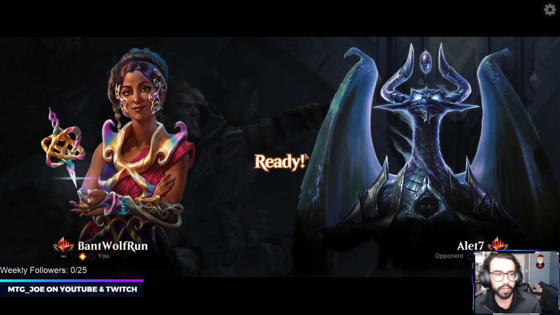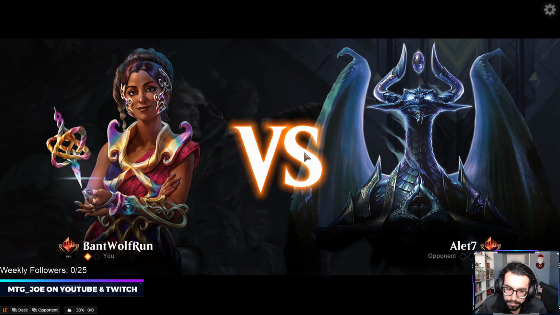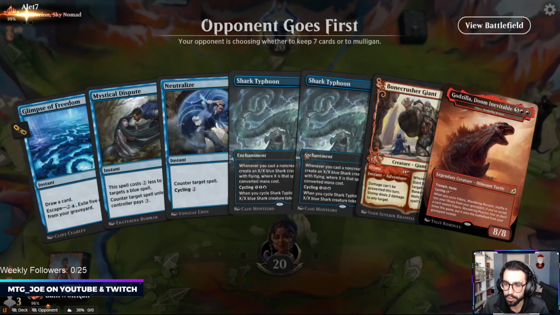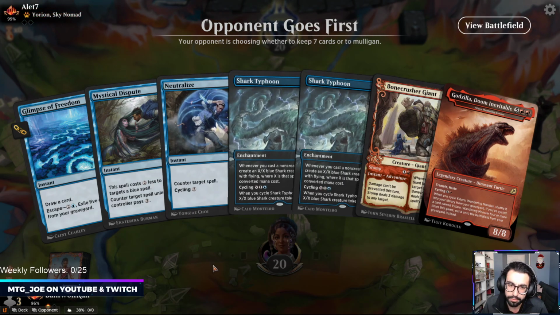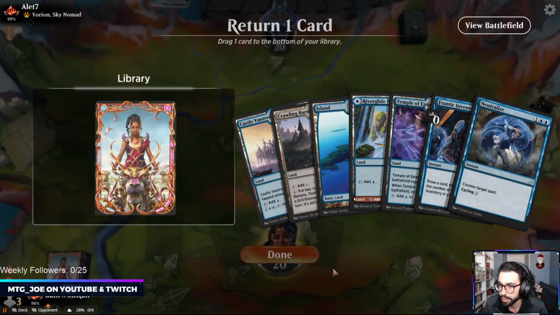If we could get Midnight Clock going, it's good advantage. It's ramp. We also have the benefit of just dropping like a Bone Crusher Giant if they have to keep in targeted removal. Okay. Guess we're just not going to have lines this game. Just keep going to put back...